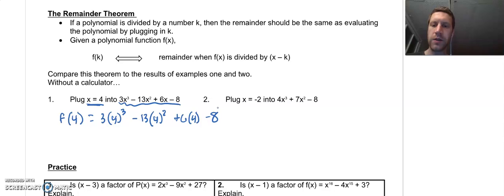Now you're going to be expected to do a problem like this with no calculator. I don't know if I could do that right now. 4 to the third, I think that's 64 times 3. This is going to take me a little while to do that. Okay. Another way to do this,